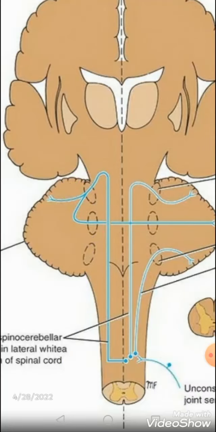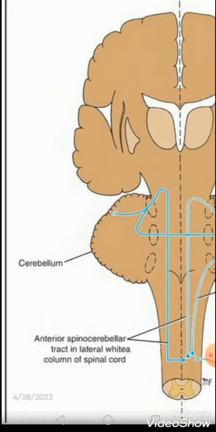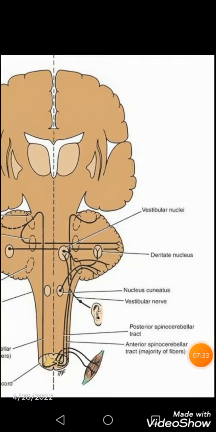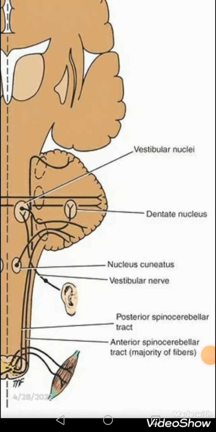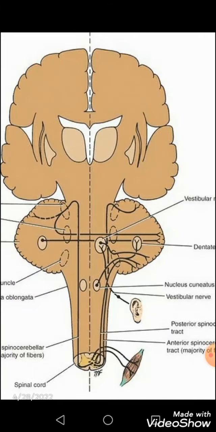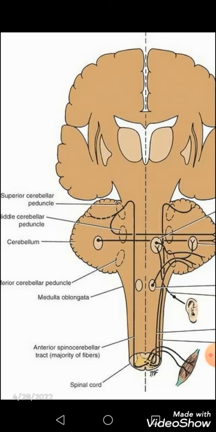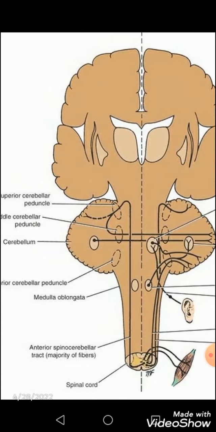Then they gather all the information towards your cerebellum, right? And this diagram is showing the posterior spinocerebellar tract and the cuneo-cerebellar tract. They take information on the same side and collectively pass through the inferior cerebellar peduncle and reach into your cerebellum,